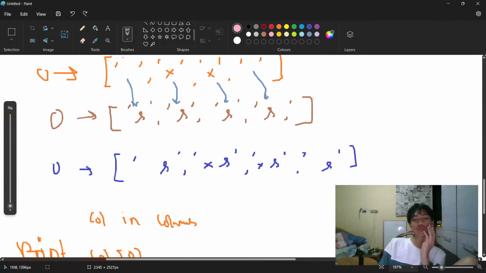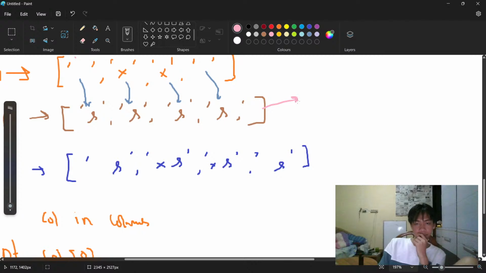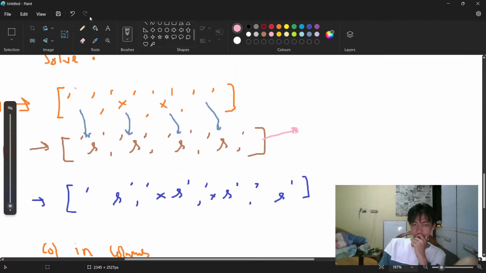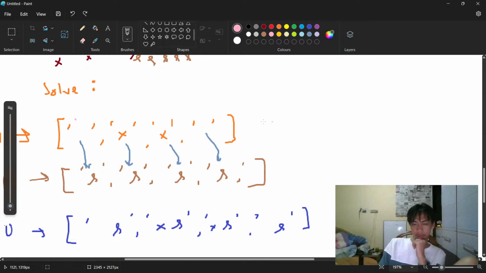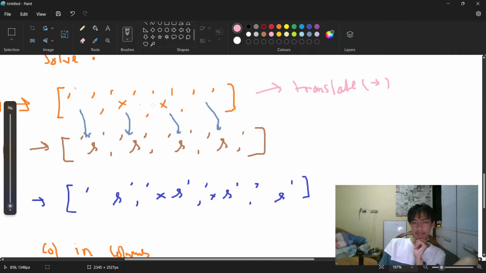Ah, yeah, we could just bring this back. That's an idea. Bring this back to this, back here. Let's say translate, right? Transform or translate. Translate to the right. That looks like a plane. Translate to the right here. If you want to translate to the right of this, we'll just